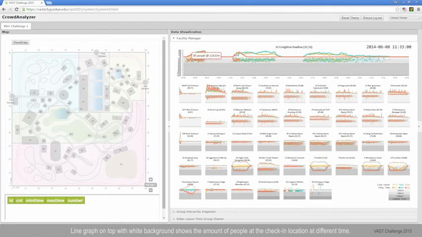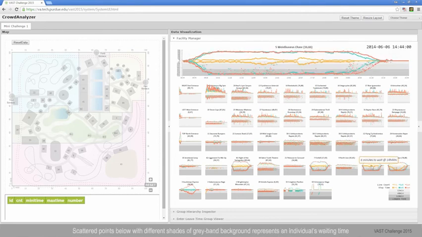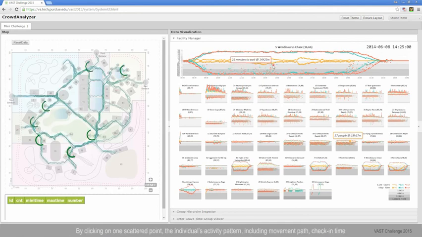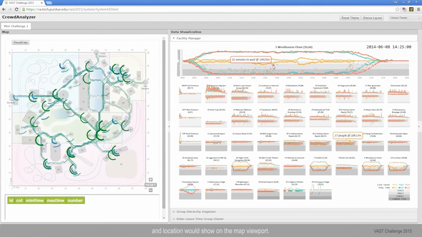Line graph on top with white background shows the amount of people at the check-in location at different time. Scattered points below with different shades of gray band background represent an individual's waiting time to check into the location. We use different gray bands to show different scales as the waiting time varies much in a large range. By clicking on one scattered point, the individual's activity pattern, including movement path, check-in time, and location would show on